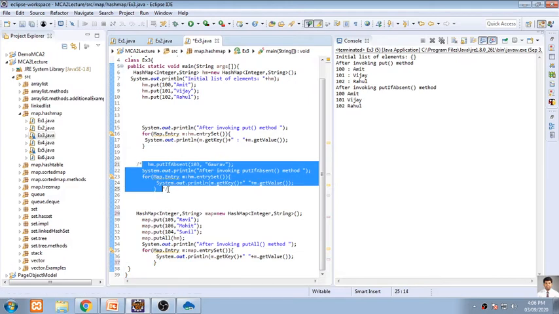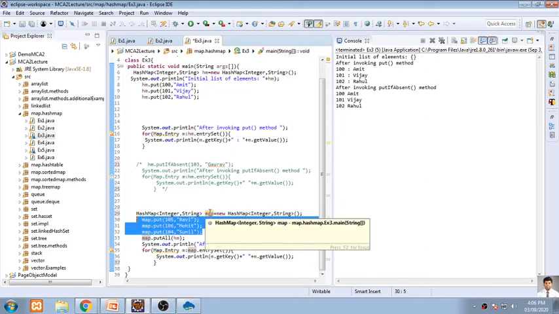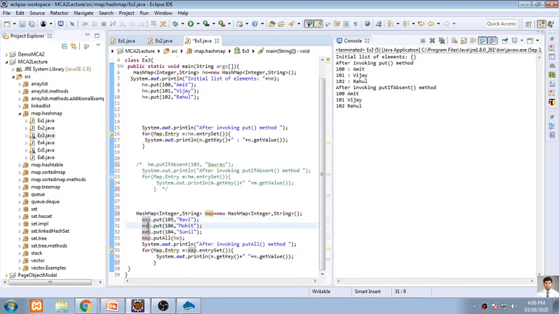I'll comment out this one. Now here I have created another hash map called map. The previous object name is HM; now this object name is map. I have added 105, 106, and 104. Now 3 new elements are added and it is not in a sorted format. So we have changed that sequence also. Ravi, Mohit, and Sunil. These are the 3 elements we have added into this object called map, with map.put and map.put.